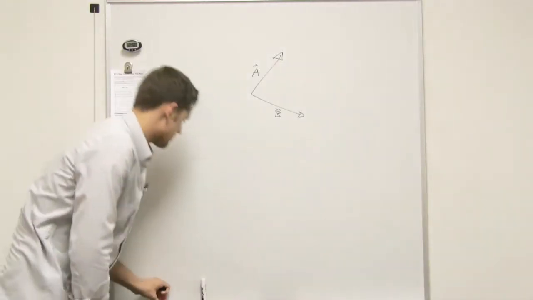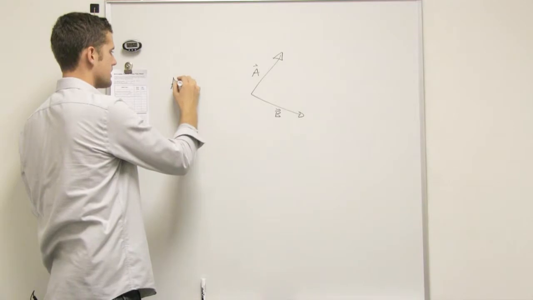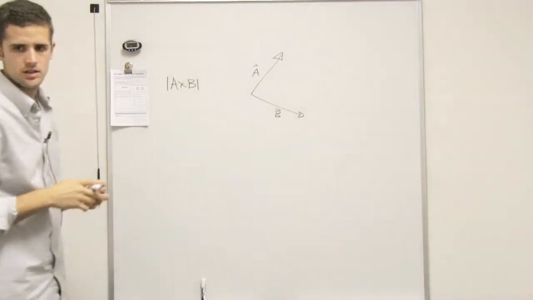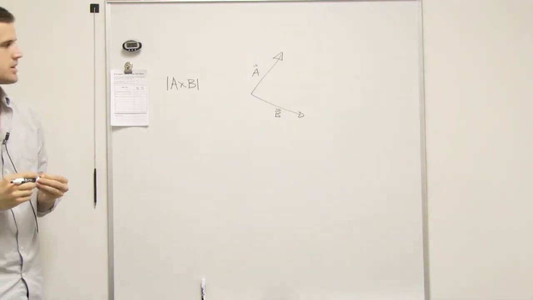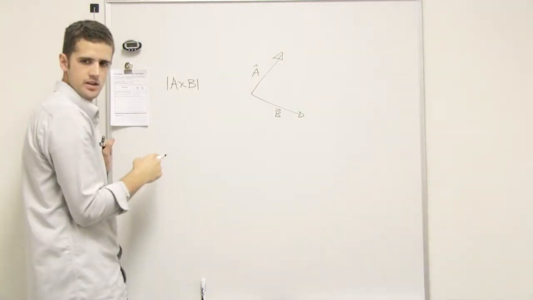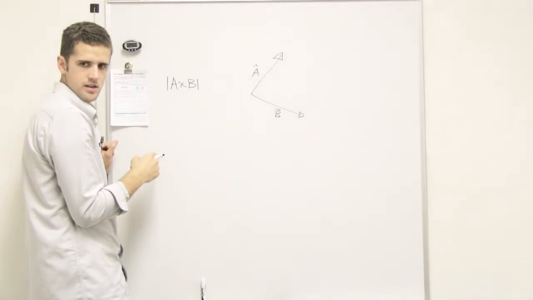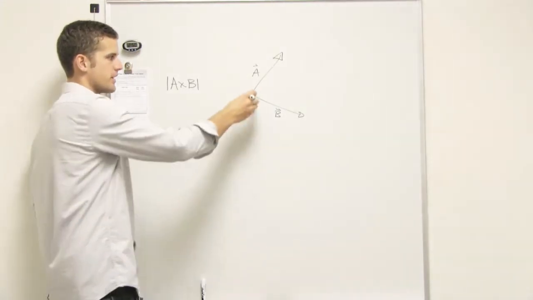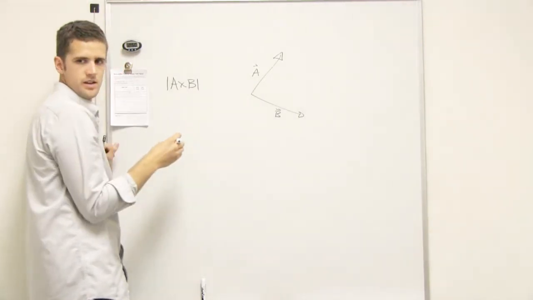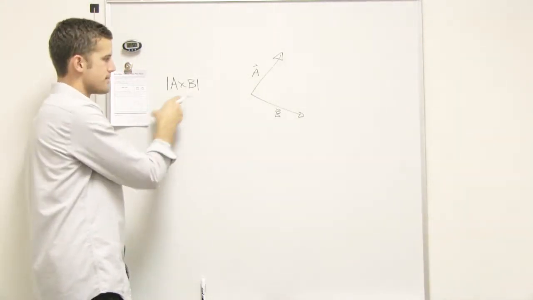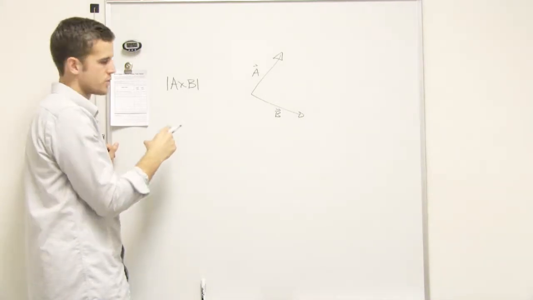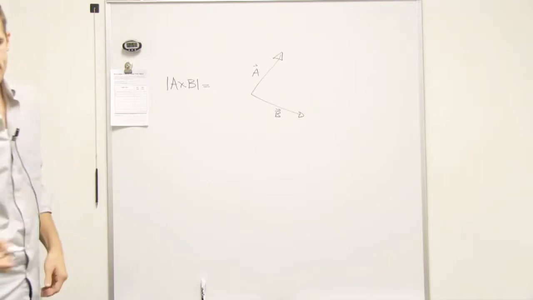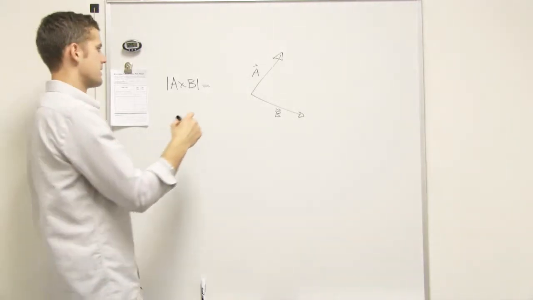So the magnitude of A cross B, that's the length of A cross B. Is that okay if I write it that way? Yeah. So if you take A and cross it with B, you'll get a vector that sticks out this way. What's the absolute value for? That's telling you it's the magnitude of A cross B. Okay. This won't tell you the actual vector, this will just tell you how long it is. Okay? The way you find the magnitude of it